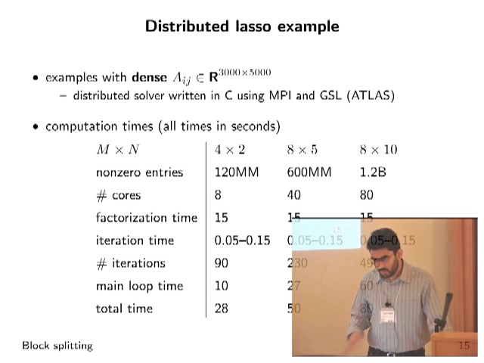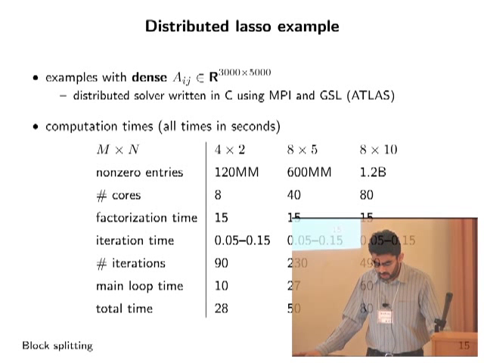The factorization time is all completely in parallel. So that's the same regardless of how large your problem is. So that takes 15 seconds in this case. So that's a one-time cost again. Then you cache that. All the subsequent iterations take around 1/10 of a second to actually carry out. And these problems didn't get large enough where the communication started to degrade the speed, but here they stay pretty much constant. The total number of iterations you end up running in these cases are 90, 230, and 490,